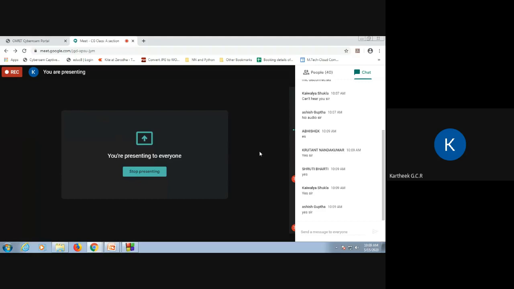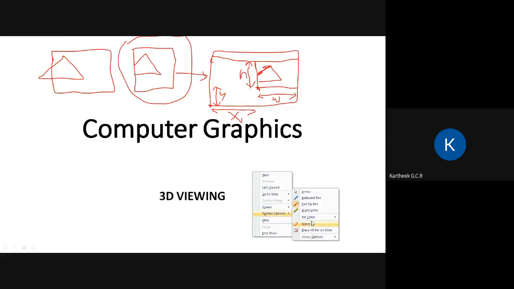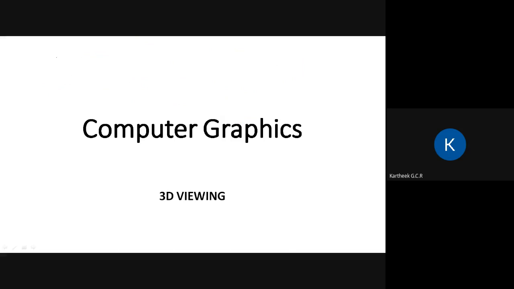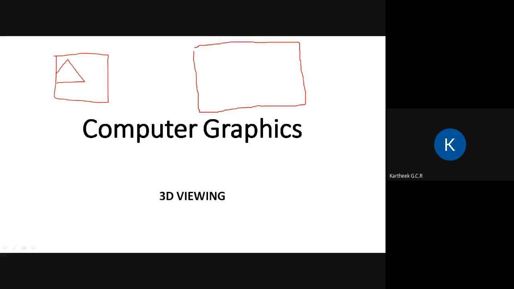So what I was saying is, after clipping, if this is supposed to be displayed in my display window, this is the display window, you will have your title here, close, minus, maximize.